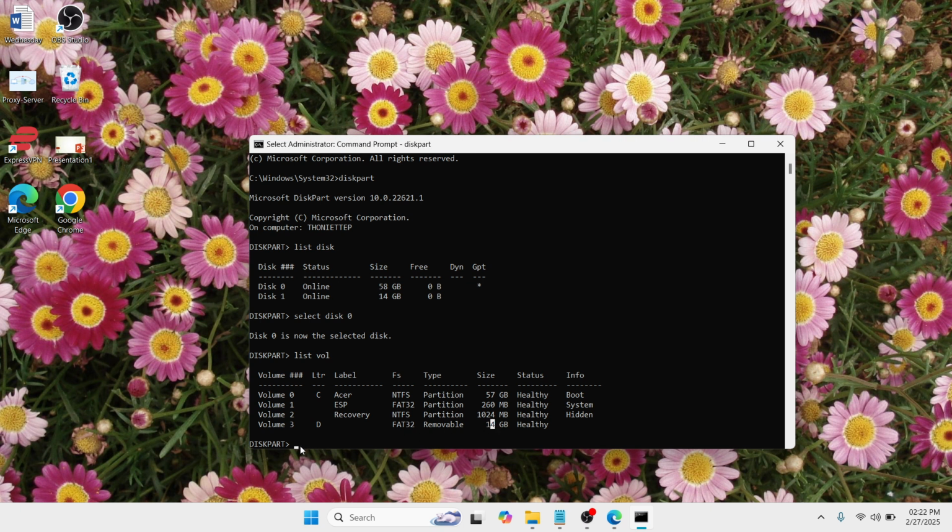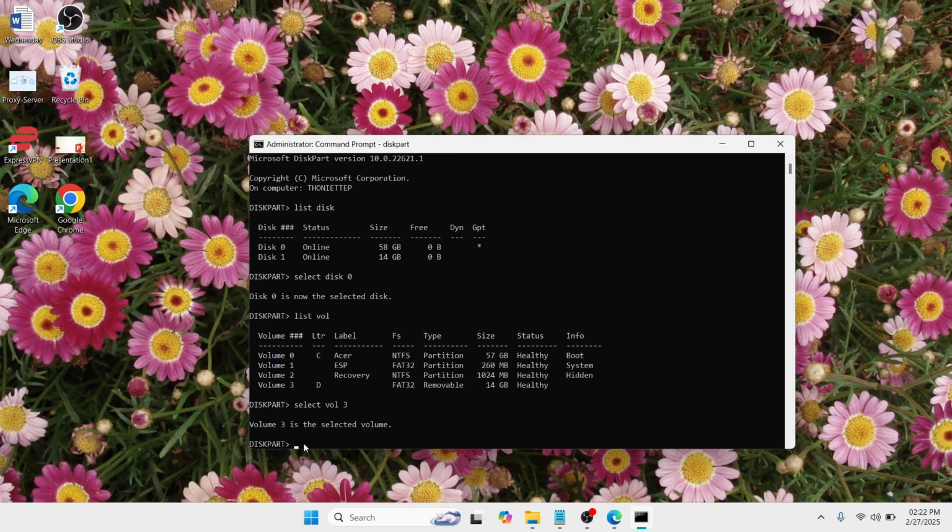How? Just type select vol, followed by the number of the drive according to the size that is missing in your Windows. Okay, click enter. Once the volume is selected, then proceed by typing